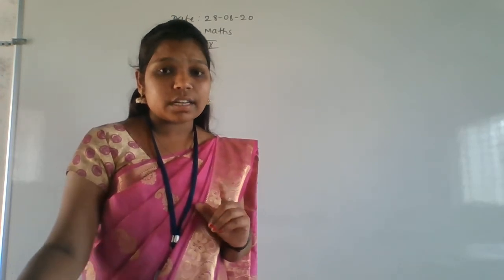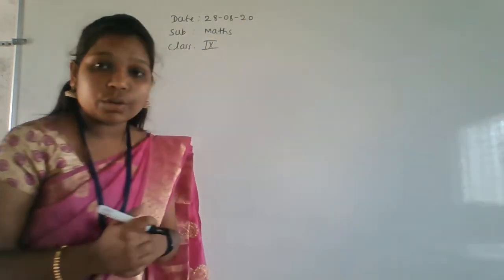Perfect square numbers are nothing but what values? That is 2 2s are 4, 3 3s are 9, 4 4s are 16, 5 5s are 25, 6 6s are 36, and 7 7s are 49, 8 8s are 64, 9 9s are 81, like that. Okay, so these are called the perfect square values. So please be thorough with the perfect square values, otherwise it's very difficult to find the root values. That is nothing but the irrational numbers. Okay, so we'll solve the first, root 2 value.